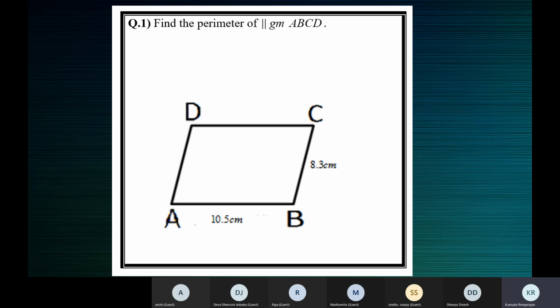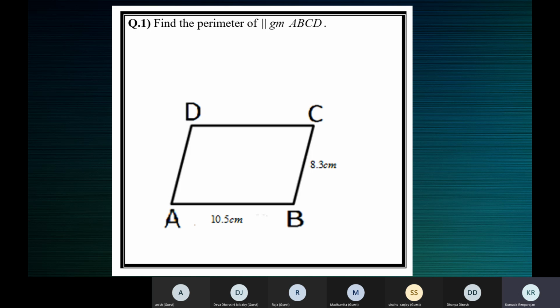Now, how do we find the perimeter of a figure? Sum of all the sides, ma'am. Yeah, so the perimeter of a polygon is the length of the boundary. So how do we find that? We simply have to add the lengths of all the sides. So it's going to be AB plus BC plus CD plus AD. Can we do this? Yes, ma'am.